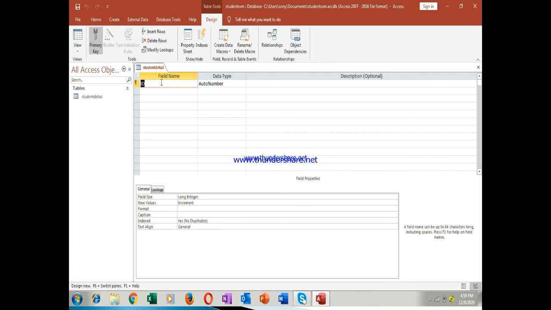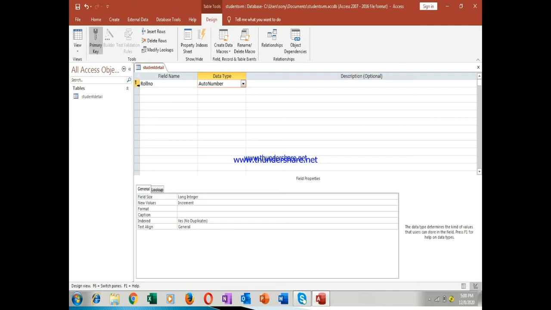Okay. Now the field name, the first field name should be ID, and it should be auto number type. Auto number means it will be generated automatically. It will be your roll number. Don't put any dot or any space while writing the field name, and don't press enter without doing anything. Now see here the data type, you can find other data types also: short text, long text, number, large number, but here we actually need auto number. It will come automatically.